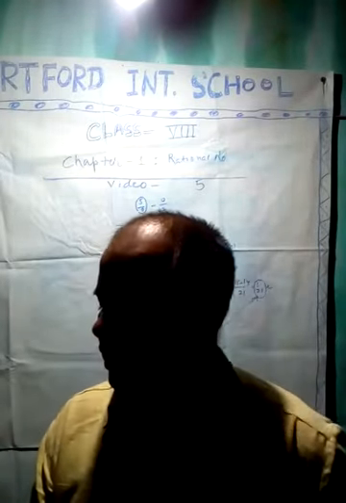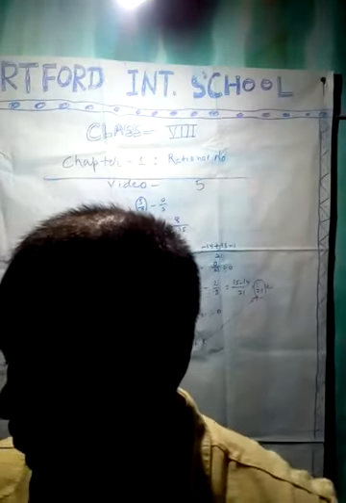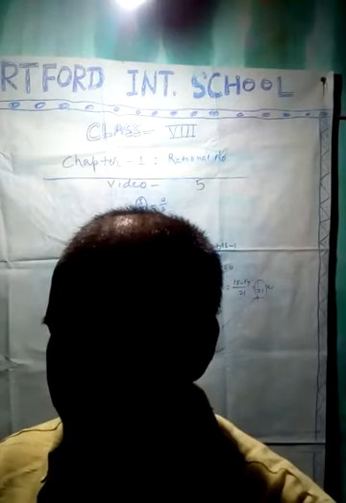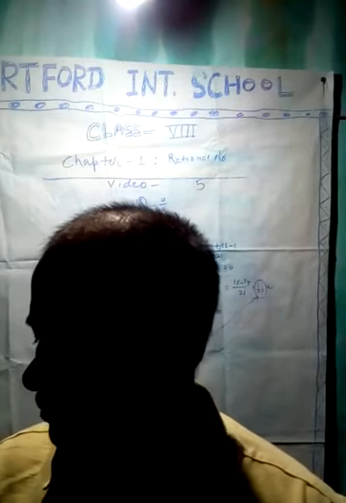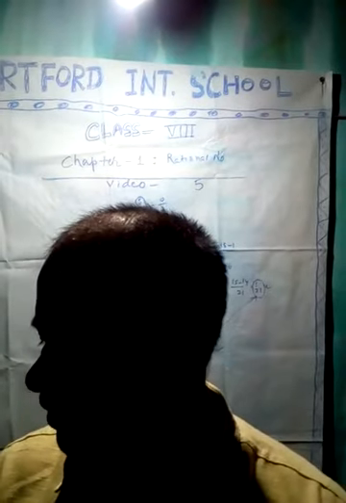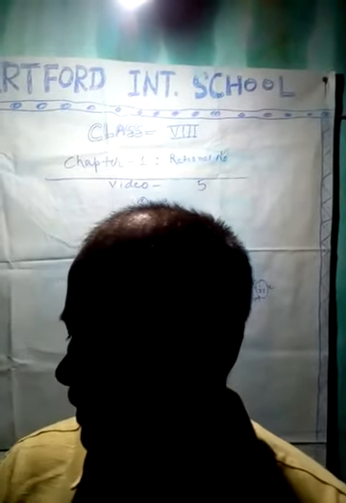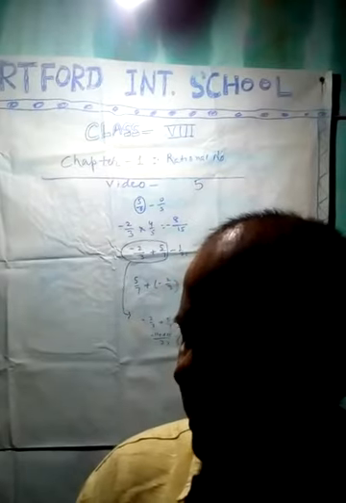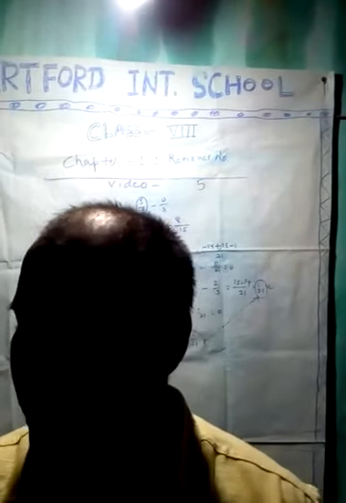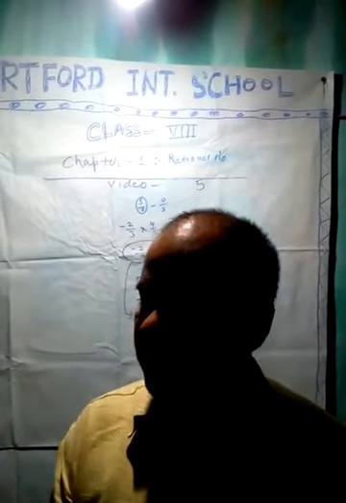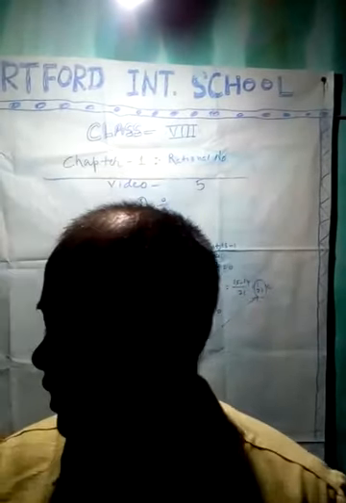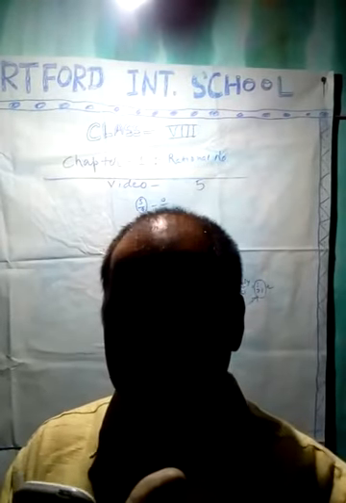Multiplication. Let us check the associativity for multiplication. We find that equality holds. Take some more rational numbers and check. So we observe that multiplication is associative for rational numbers, that is, for any three rational numbers a, b and c, a into (b into c) is equal to (a into b) into c. For division, recall that division is not associative.